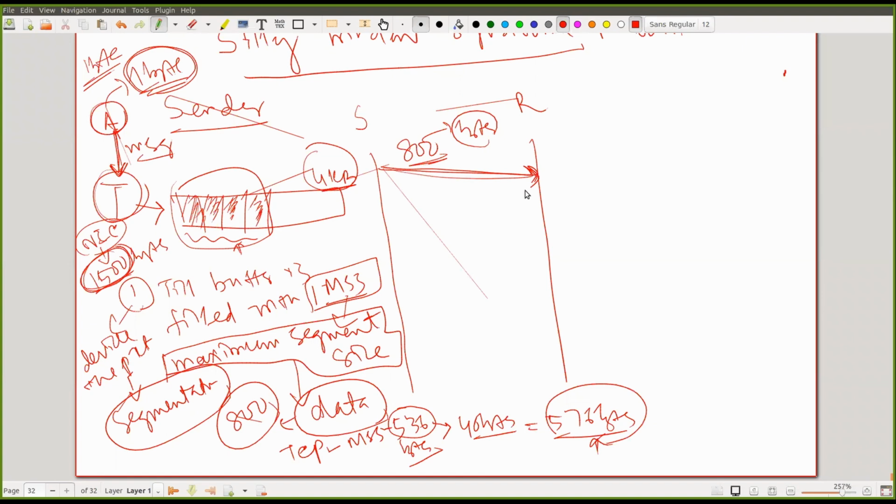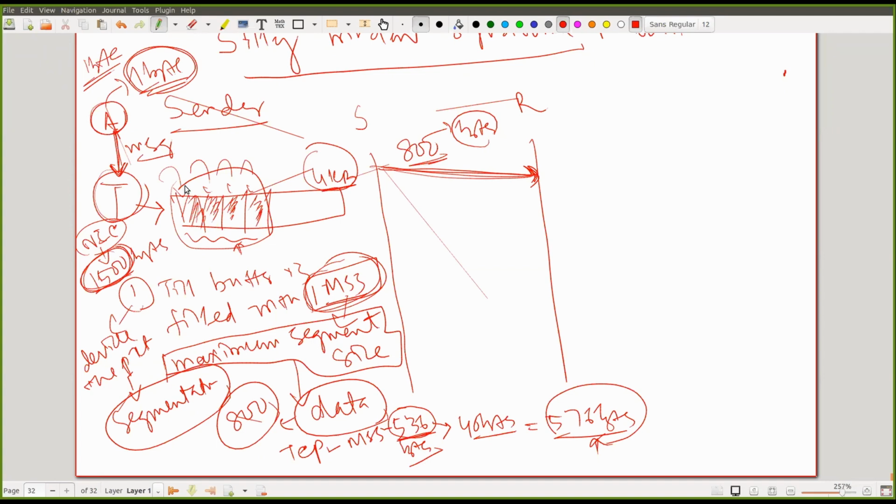So whenever you send data to the transport layer, the transport layer keeps your data in the buffer until one MSS is full. Why? Because if the buffer is full with one MSS, it can go and send to the other end. And if I assume my MSS is 536, this is a good value where the overhead is not so high. So that's why I can send the data at this point of time. This is the first condition under which data is sent to the other end.